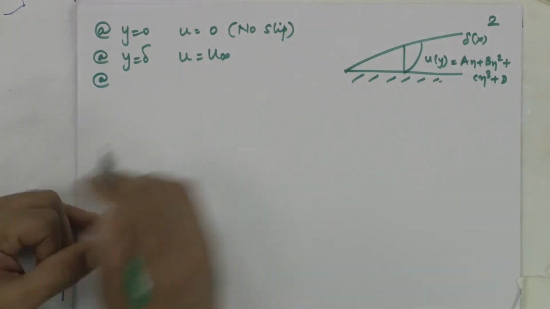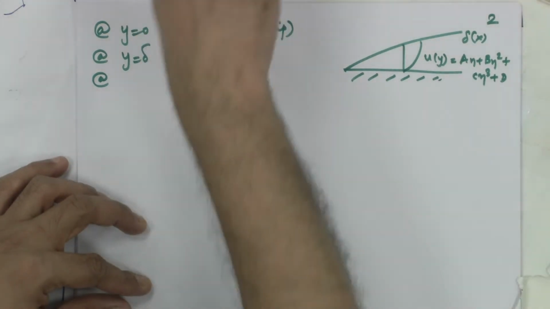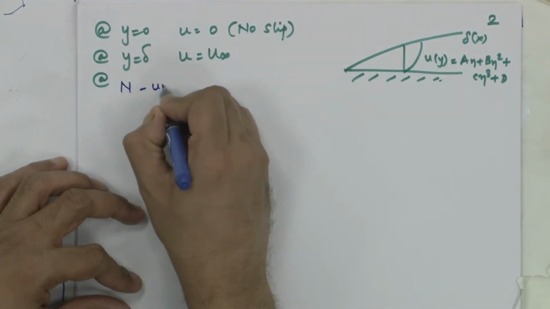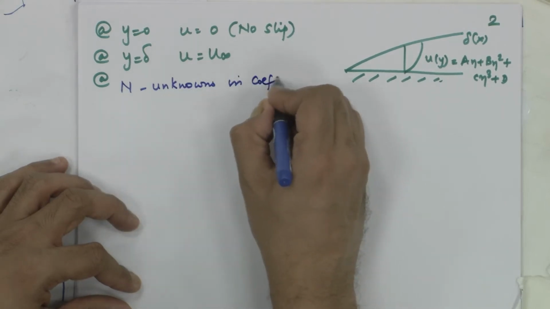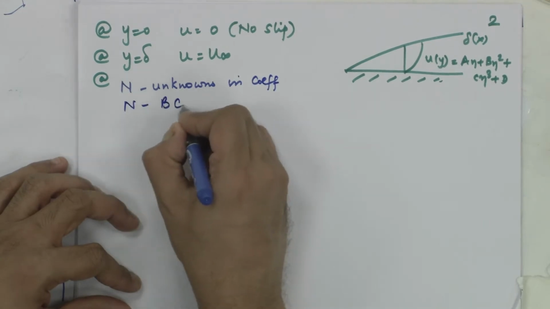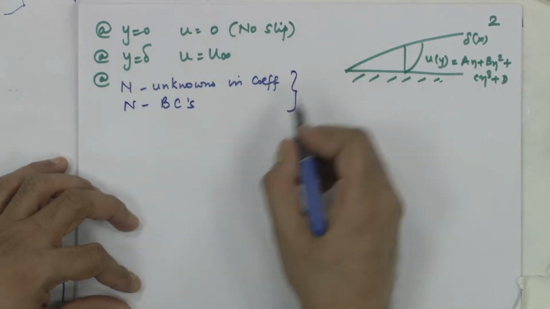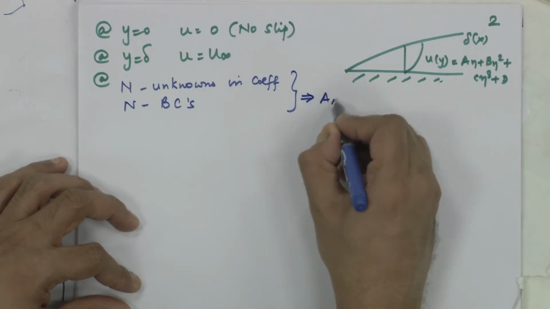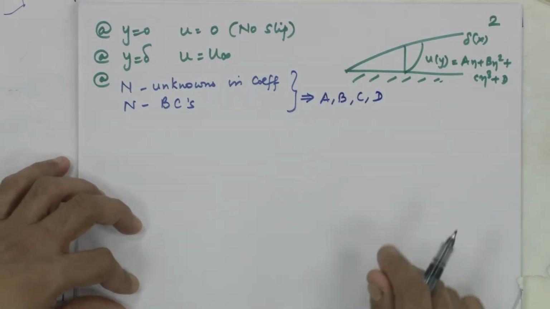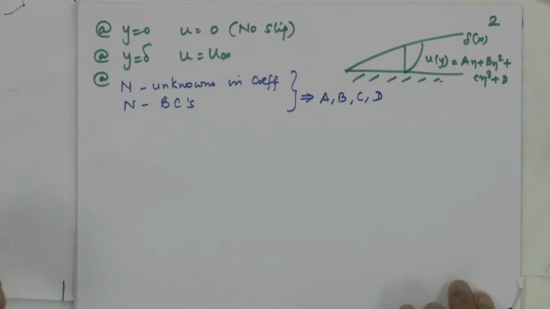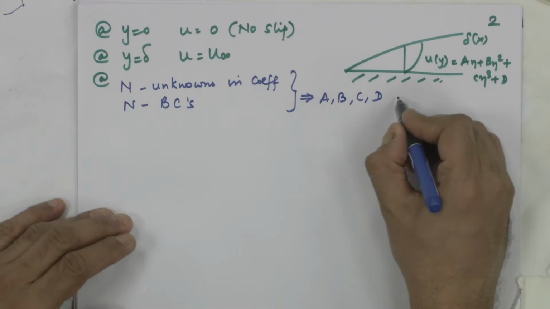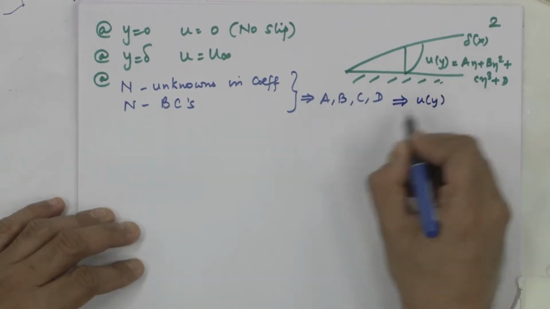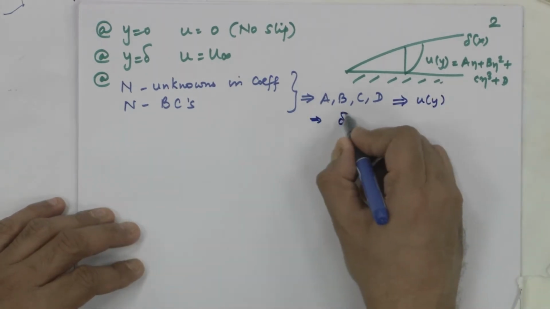I have to put them in a form which can be used mathematically, and once I use them, n unknowns in coefficients, n boundary conditions, then only I will be able to solve to get A, B, C, D. Therefore, it gives me A, B, C and D. It might require matrix inversion, it might require very complicated algebra, does not matter, I will get A, B, C and D, and therefore, I would get u of y, which means I would therefore get my boundary layer thickness